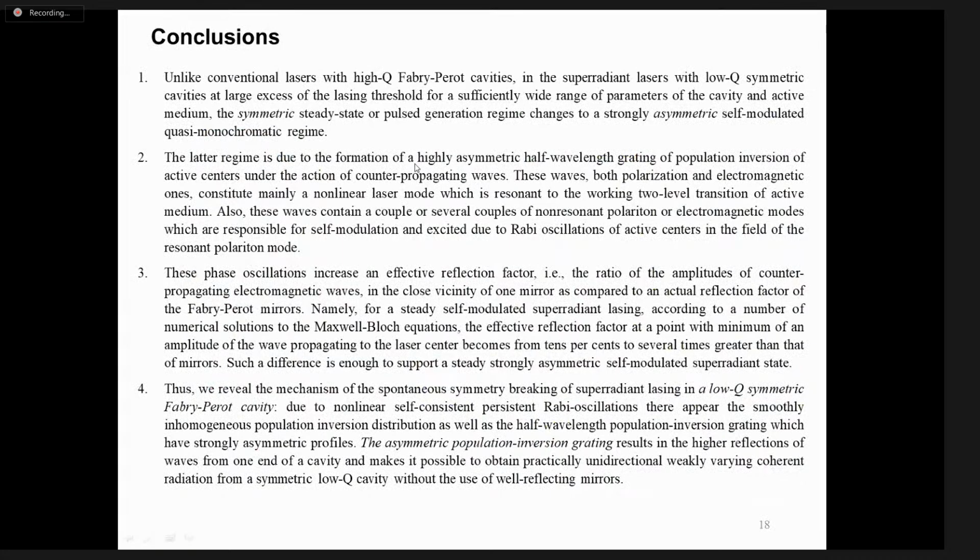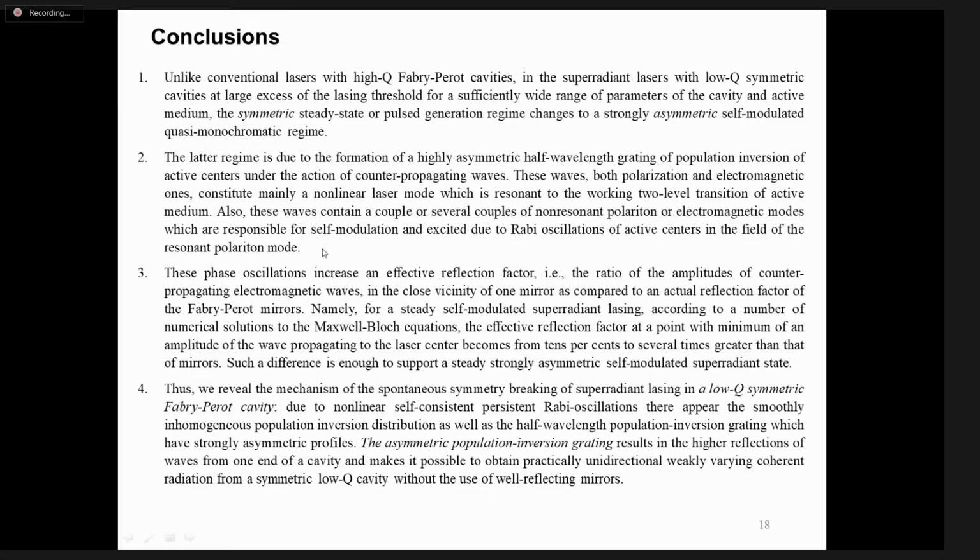So unlike conventional lasers with high-Q Fabry-Perot cavities, in super-radiant lasers with low-Q symmetric cavities at large excess over the laser threshold, for a sufficiently wide range of parameters of the cavity and active media, the symmetric CD state of pulse generation regime changes to a strongly asymmetric self-modulation quasi-monochromatic regime. So this is a very general and fundamental phenomenon. And this regime is due to formation of a highly asymmetric high-wavenumber gradient, as I explained,